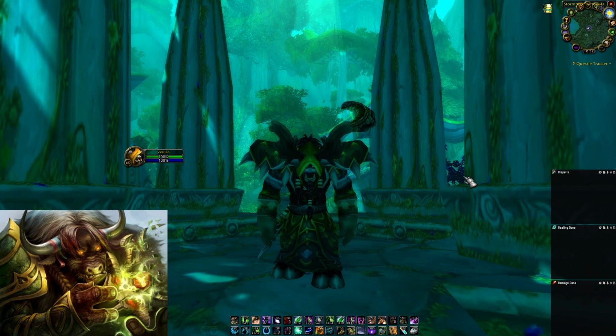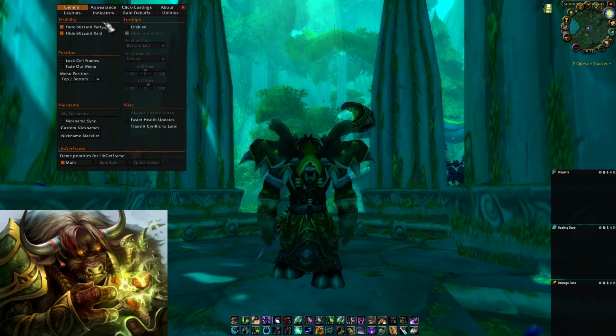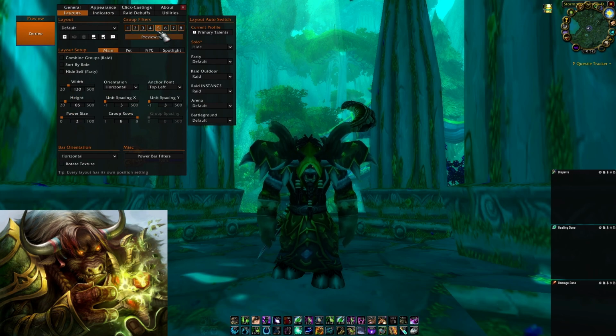As you can see, I use a couple of add-ons. I use Bartender, as you can see down here, for my action bars. I got Details going over some stuff on the sides: the dispels, the healing done, the damage done. And I also got some WeakAuras, not specifically for the druid. I got it more for shaman and paladin blessings and stuff like that. But the biggest one that we're gonna look at is Cell, which I actually used to